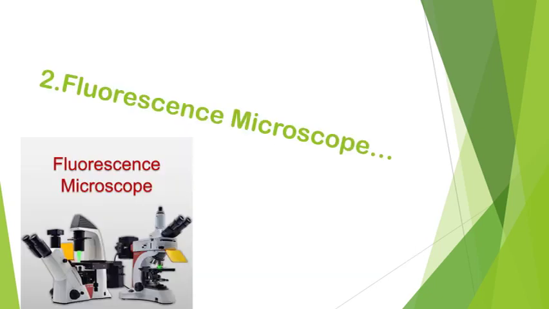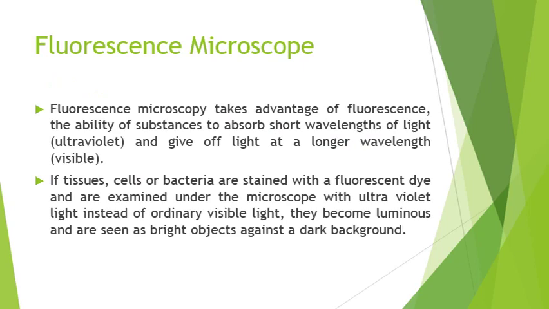So the next type of light compound microscope is the fluorescence microscope. So now here we discuss the fluorescence microscope. In this fluorescence microscope, one has the advantage of fluorescence. A short wavelength of light is absorbed by the specimen, and as a result, the specimen gives off light at a longer wavelength